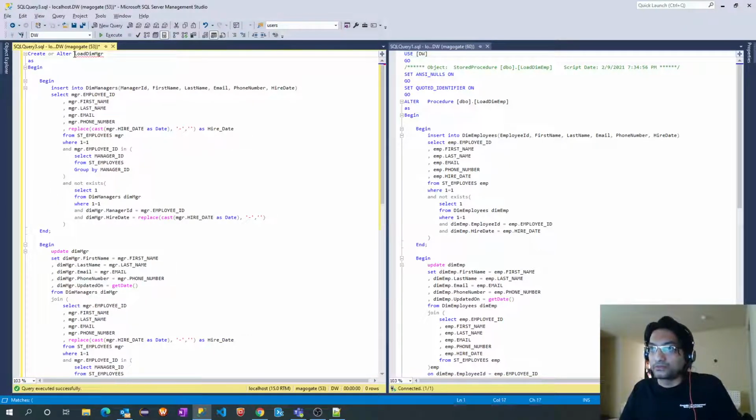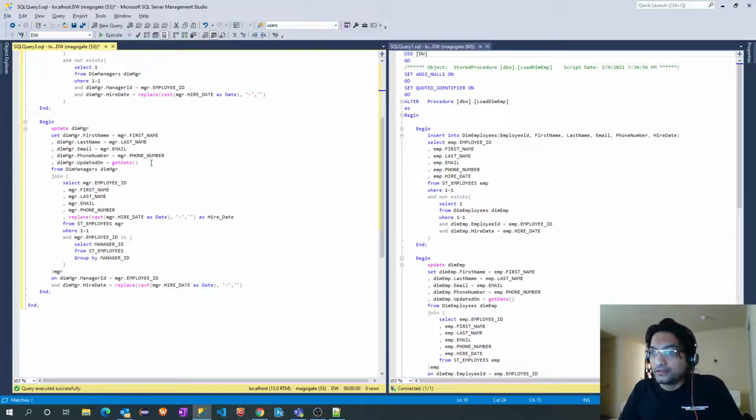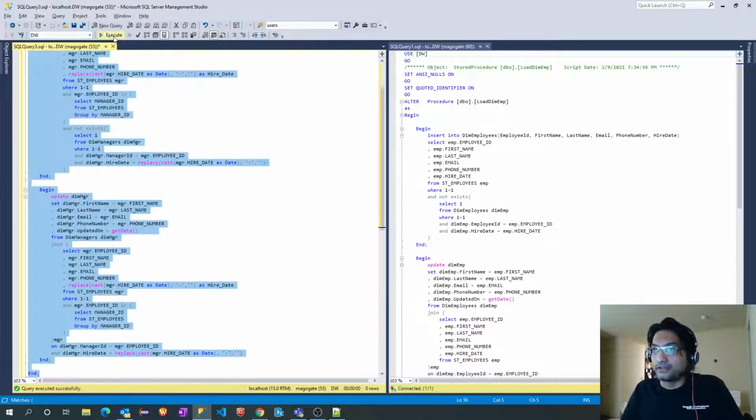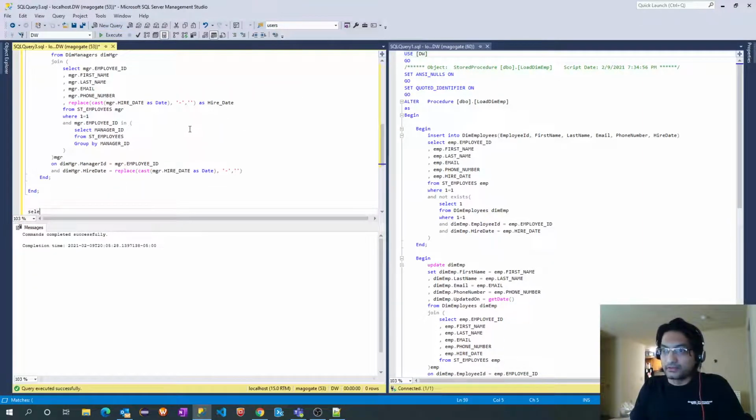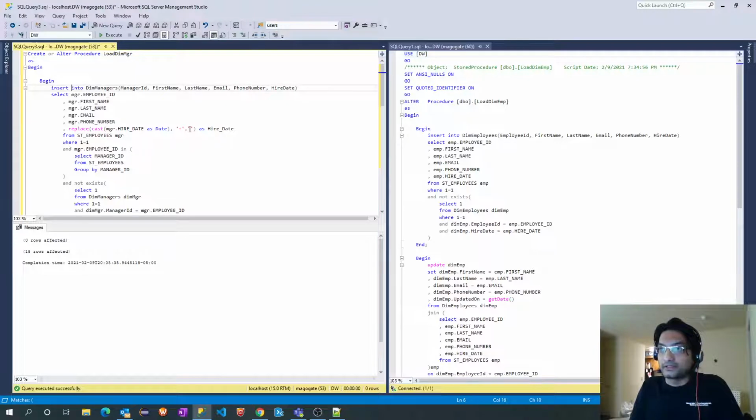Create or alter procedure. All right, so if I run this, okay, and let's check the data.